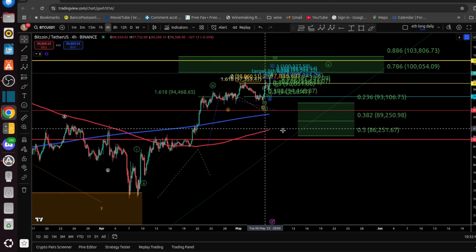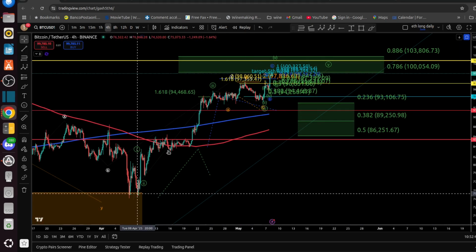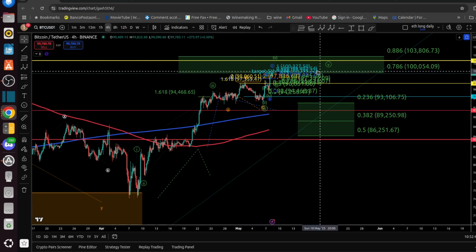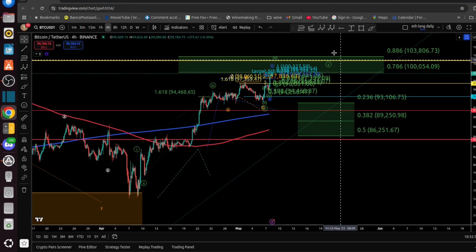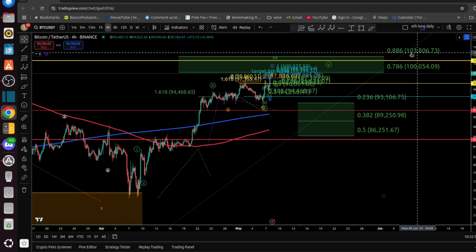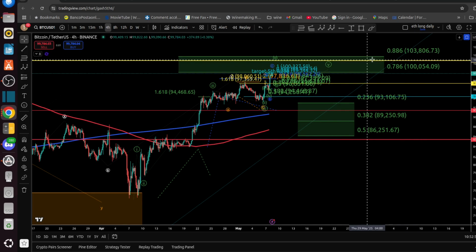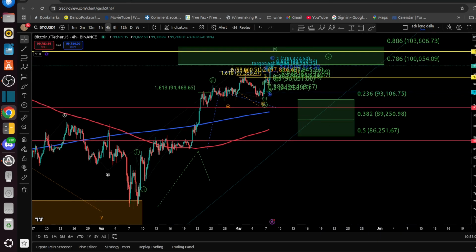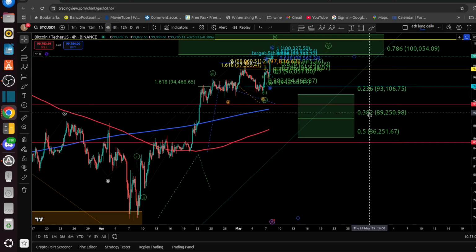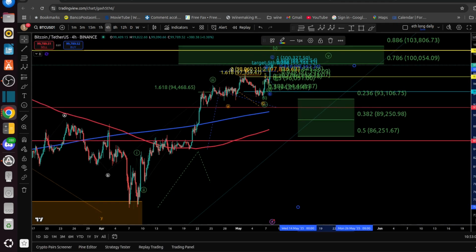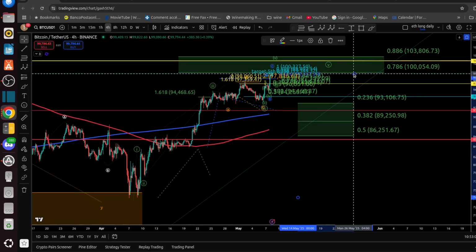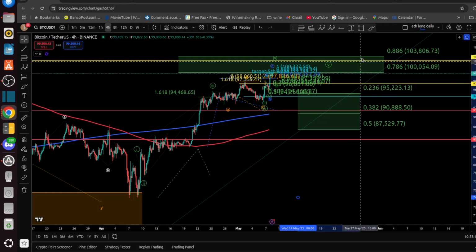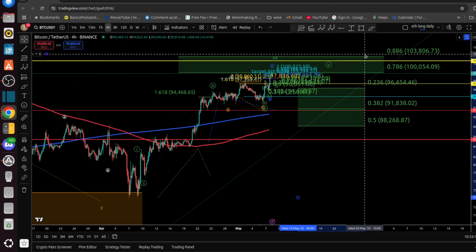Okay, so to recap, we have a 5-wave up. I'm starting to take profits. Can it go even higher? Yes, 103.8 could be as high as it goes, and for sure this pullback will come, and yes, it's going to be static, because if we reach higher levels, this is going to move around and go with it.